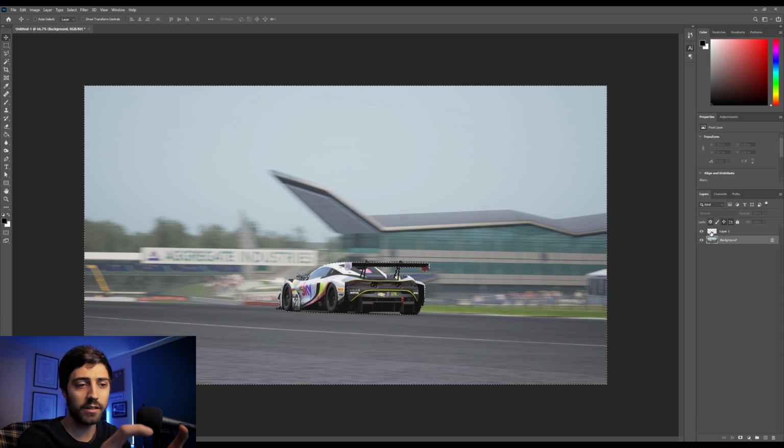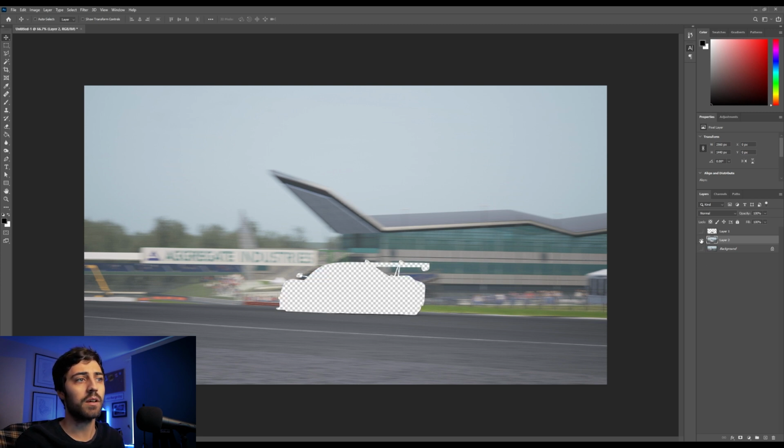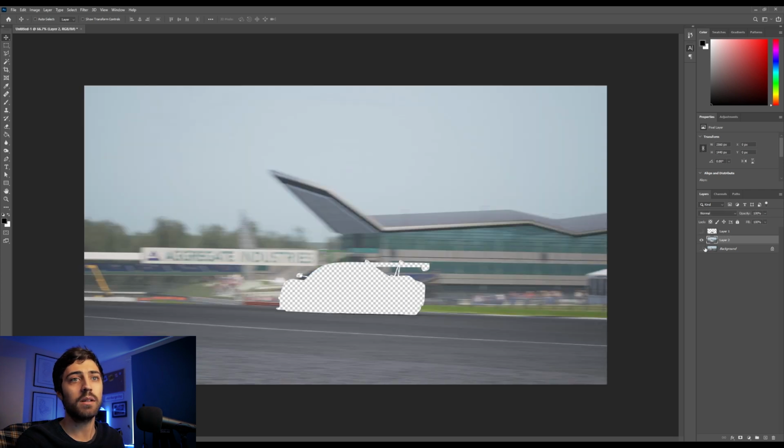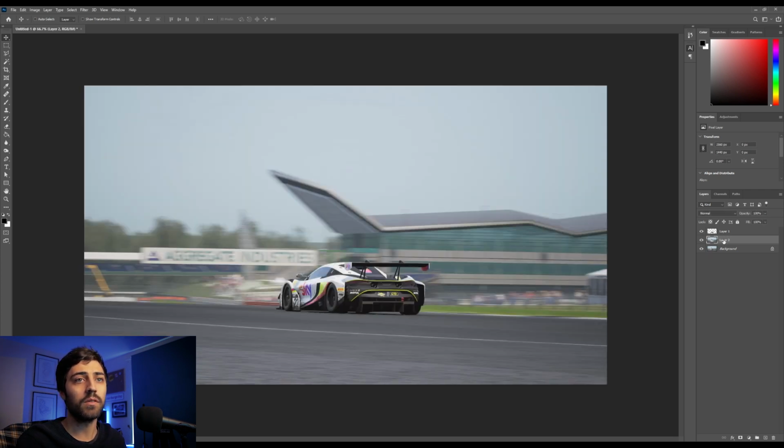So I've clicked on the car, selected just the car, then gone onto the background and said give me everything else. So it's given me all of the background, and I will copy and paste that as well. So now I've got two layers. I've got the background without the car, and I've got the car without the background. So if we click on the background one and go to filter blur,